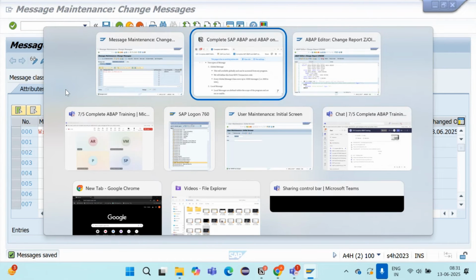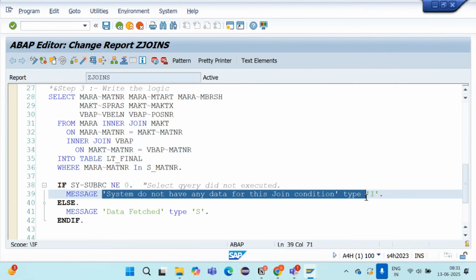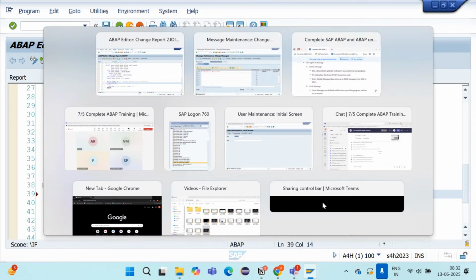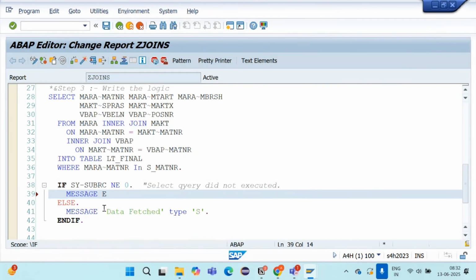So let's see this. I'll come here. Message class name. We will start with the type of the message. Suppose I want to give an error message. Then what is the message number? 000. Copy, paste it here.